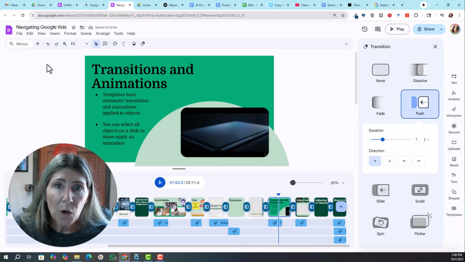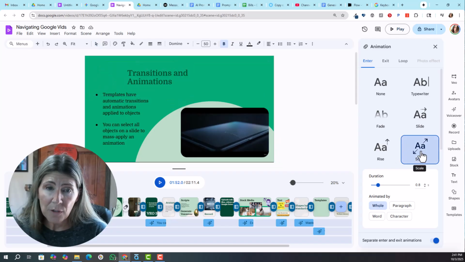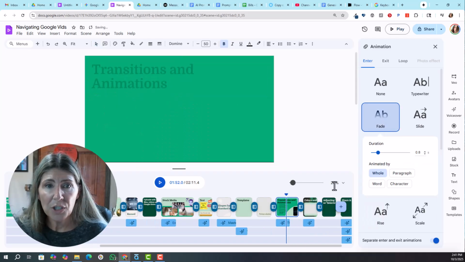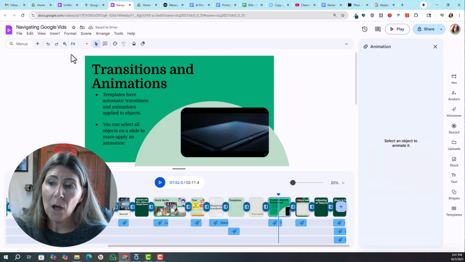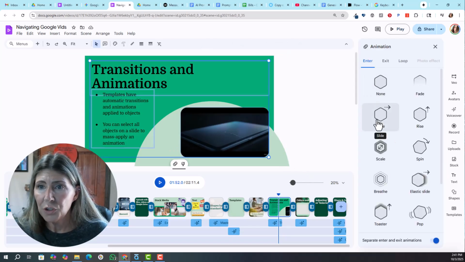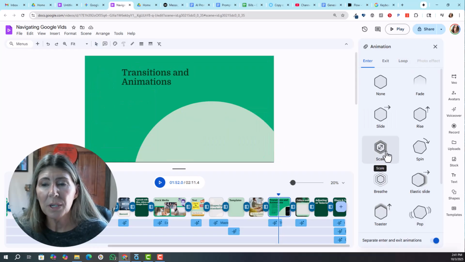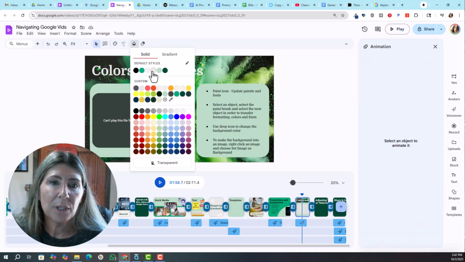You can also apply a different animation. So when you select an object, you get these options here. This one is animations, and you select animations, and you can see that the animation on this one is to scale, but you could change that to something else if you wanted. If you wanted to change the animation for a lot of objects at once, you can select them all, and then choose your enter, exit, or even loop animations, which means it would constantly move through the slideshow. You can change the background color by doing this,